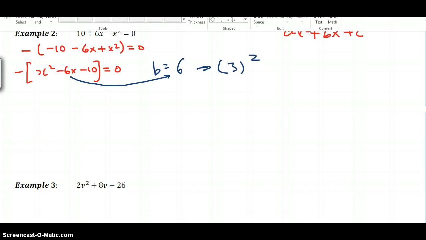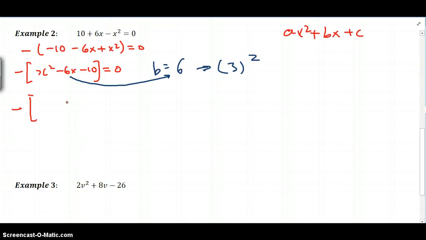So I'm going to rewrite this equation now as minus square brackets. I'm using square brackets just to make it look nice and neat. This becomes x squared minus 6x plus 3 squared minus 3 squared, and I'm going to go minus 10, square brackets, equals 0. Now keep in mind, I will just break this up into two sections. So 1, 2,